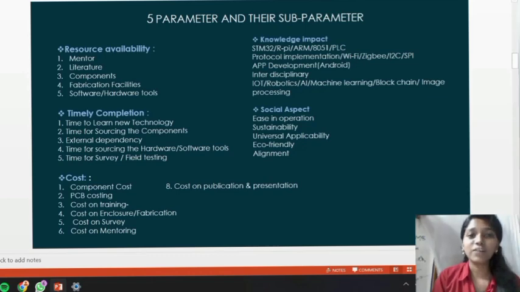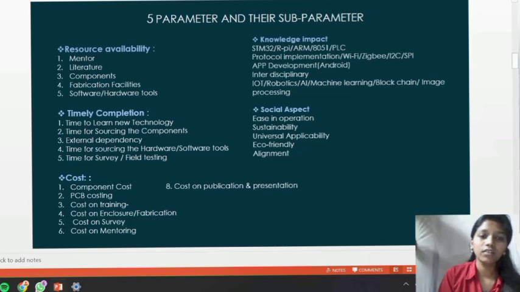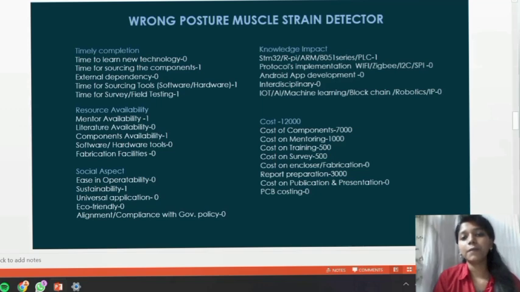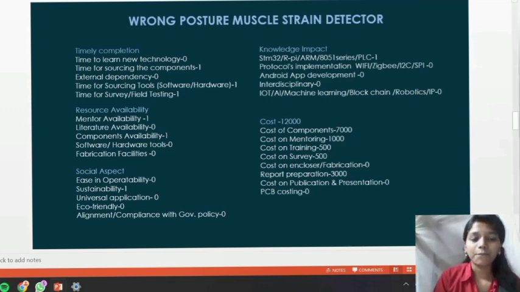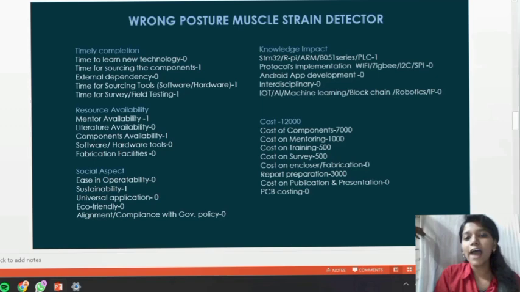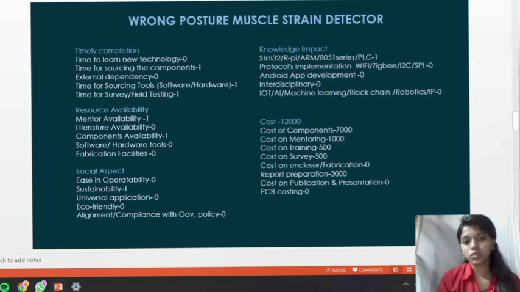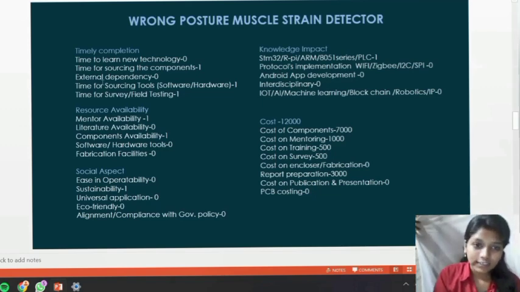So hello, myself Pooja. These are my 5 parameters and subparameters. As I told, for every project I have given parameters. So this is the muscle strain detector. I have given the scores as 1 and 0. Let's discuss in short. In time comprehension, if we are not getting time and it takes too much time, I have given 0. Likewise, for time to learn new technology,